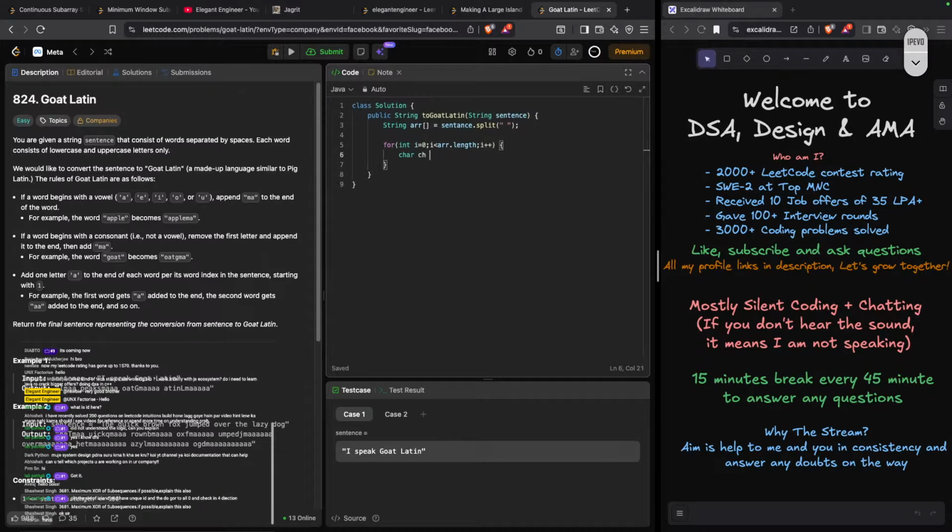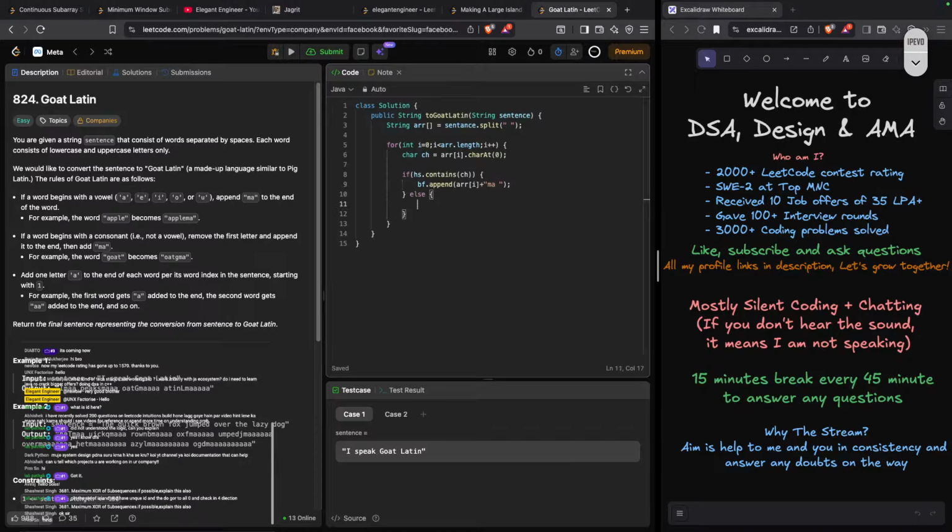I need an index. So char ch is equal to array of i dot char at 0, right? So if hs dot contains ch, this is a vowel. What I have to do is I just have to append array of i plus ma to that, and let's append space as well. Later we'll trim it.